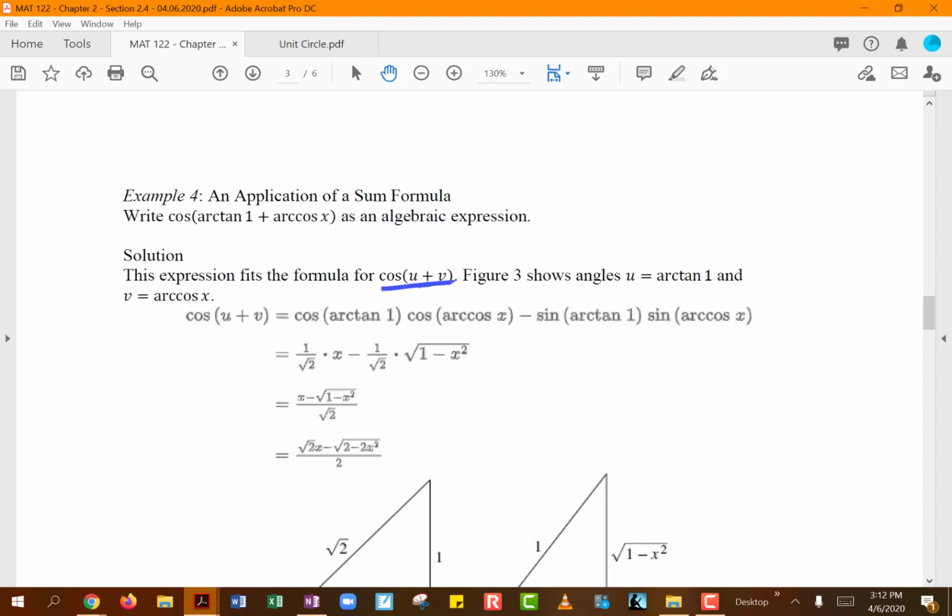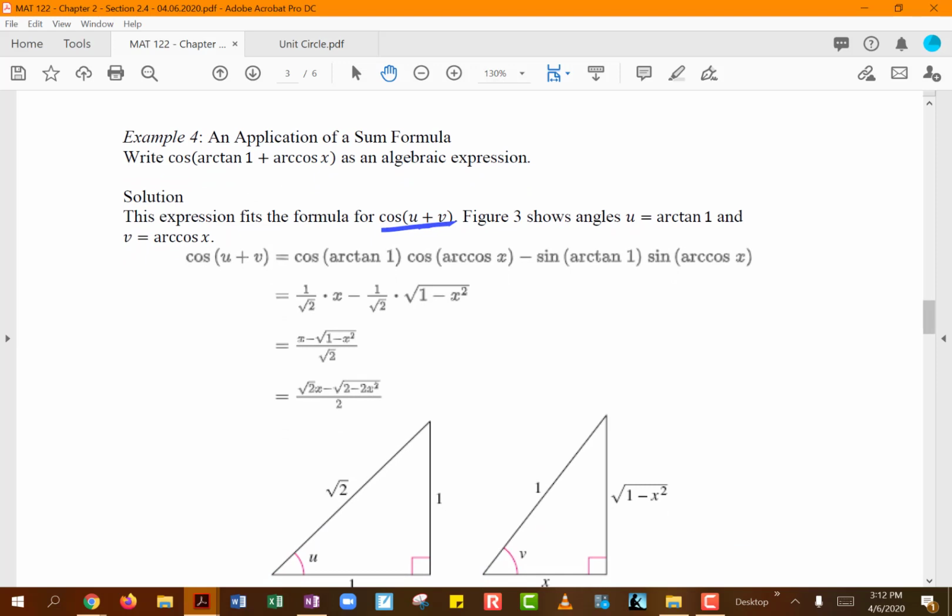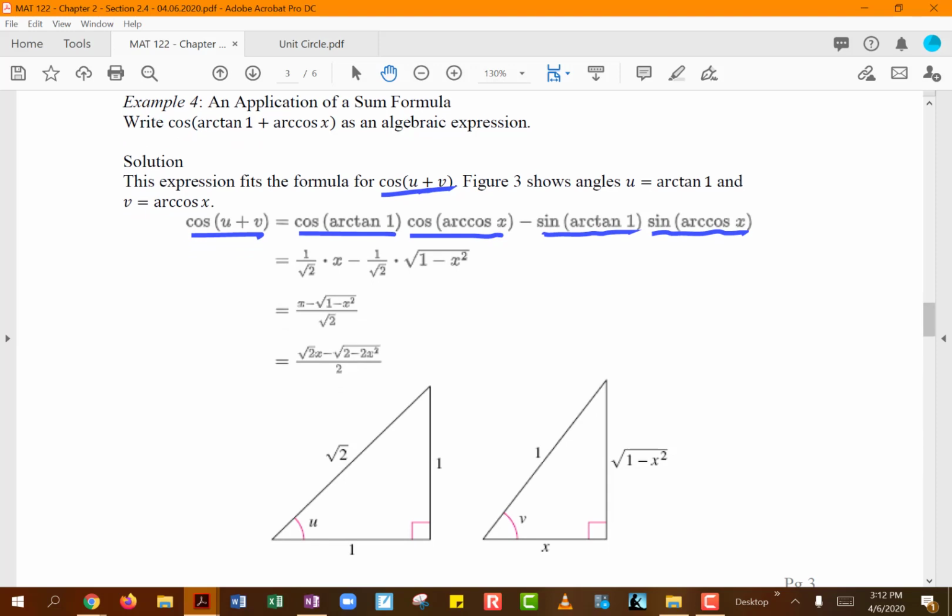So what they're doing is taking these individual functions, and they're going to use again right triangle trigonometry to help us out. So using your cosine of u plus v formula, we're separating this into cosine of arctangent of 1 times cosine of arccosine of x, minus sine of arctangent of 1 times sine of arccosine of x. So when you're talking about arctangent of 1,